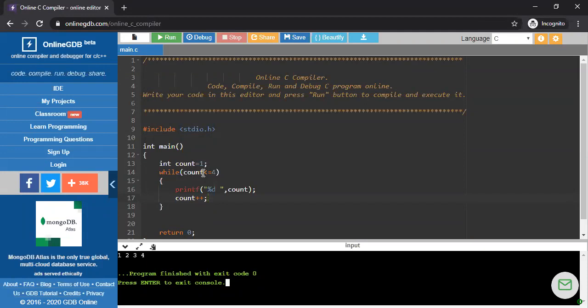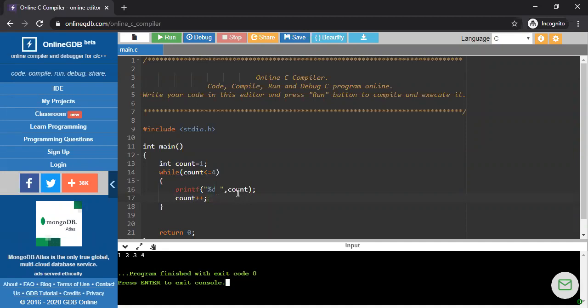So if the condition is true, then the compiler enters into the loop body according to my flowchart as well as my syntax. So here I am going to print the count value. When we print the value of that particular variable, we simply write down the data type of that variable and the variable name.